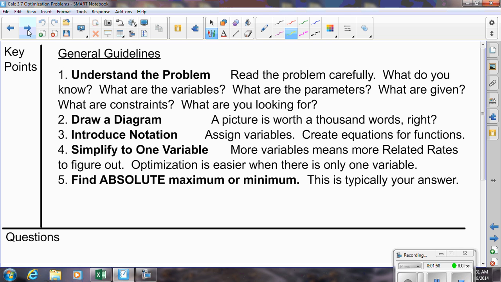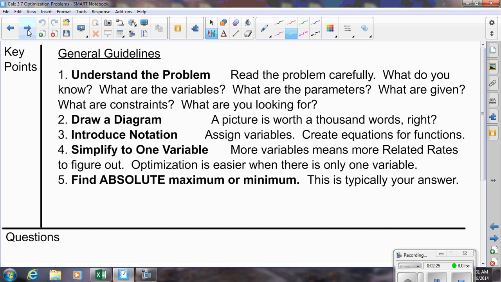I would recommend that if you're a person who struggles a little bit with word problems, you pause the video and write all this stuff down at the top of your sheet. That way you'll have something that you can consistently reference when you're working on a problem or when you're working on an assignment. The general outline that we are going to follow is, number one, you have to understand what